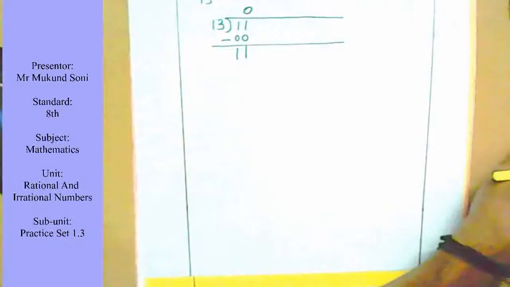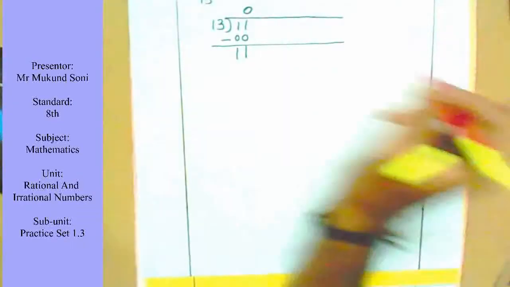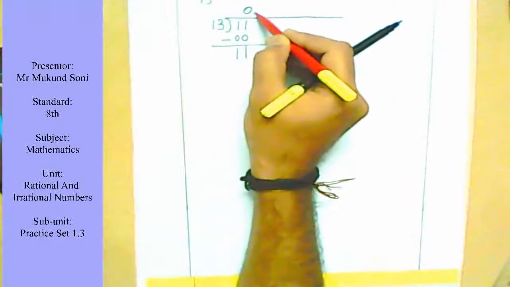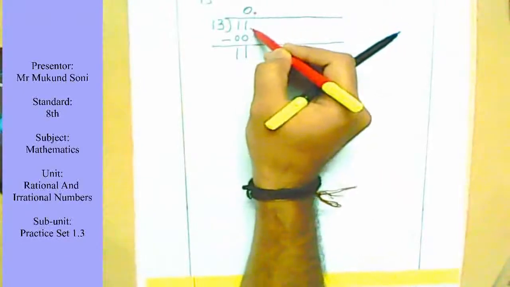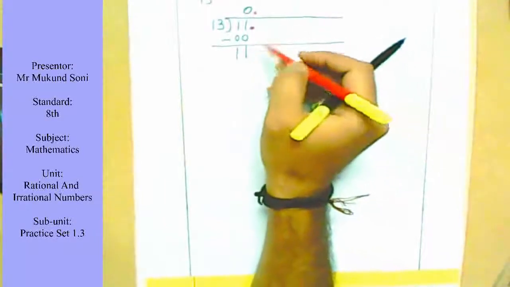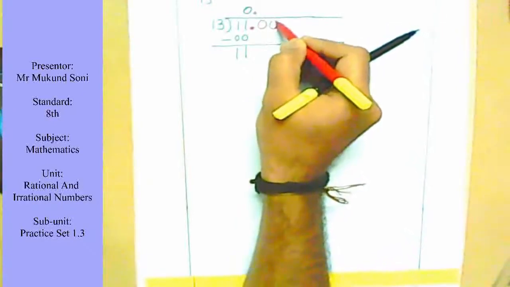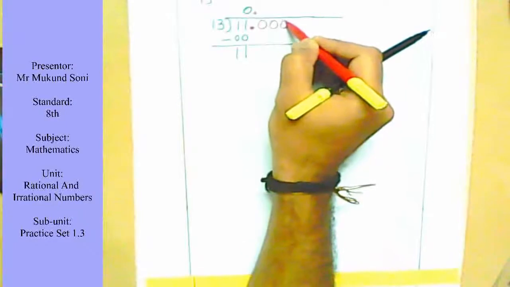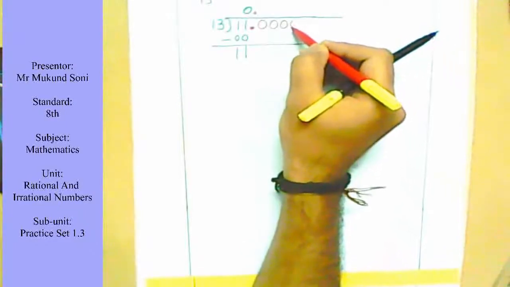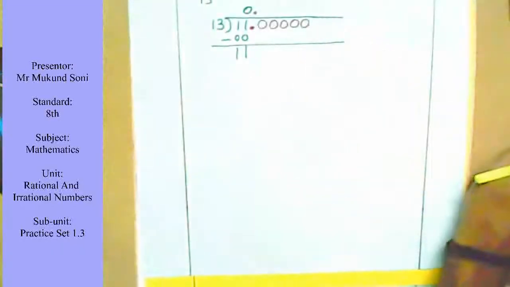As there are no more digits, then you know what we do? Yes, any suggestion, anyone? Your suggestion, please. Correct. We put a decimal in the quotient. We put a decimal in the dividend, and we put extra zeros, as many as we want, less or more, after the decimal point. How many zeros? Say begin with 5 zeros initially.